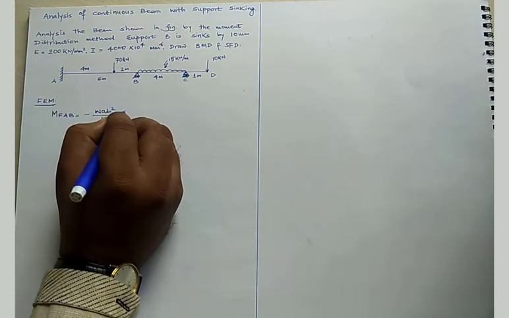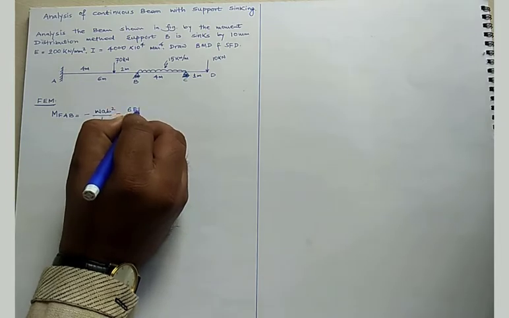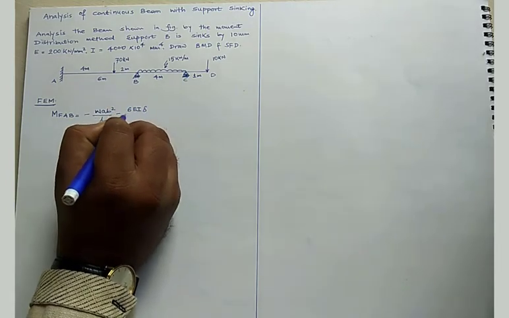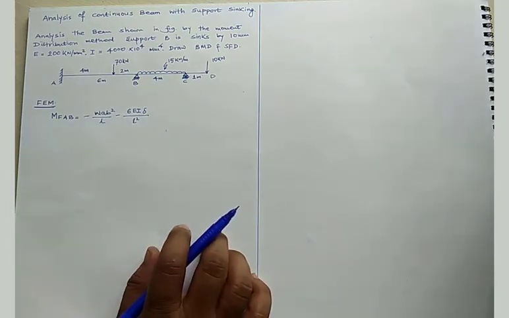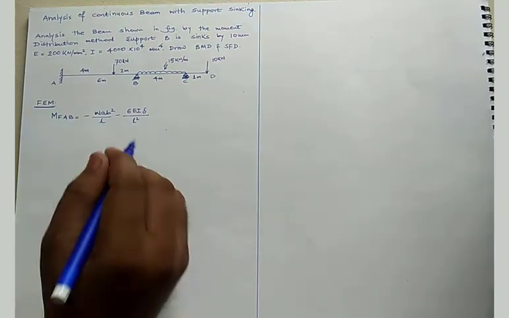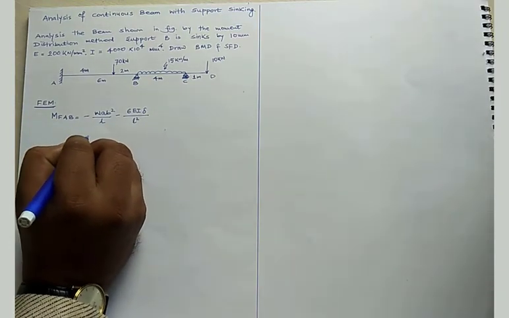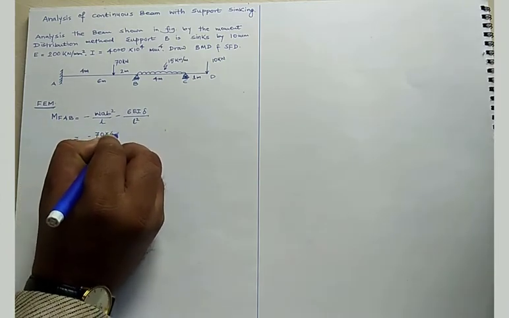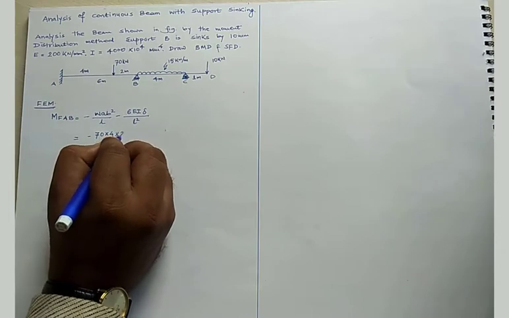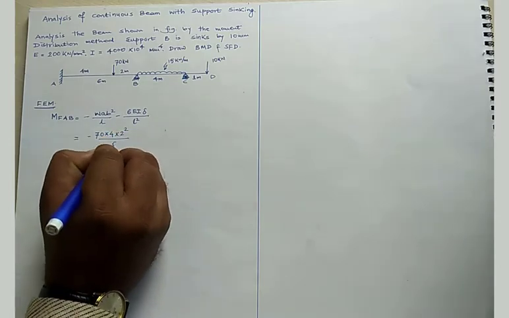So it is minus 6 EI del divided by L square, where the value of del is given as 10 mm. So it is minus 70 into 4 into 2 square divided by 6 square,